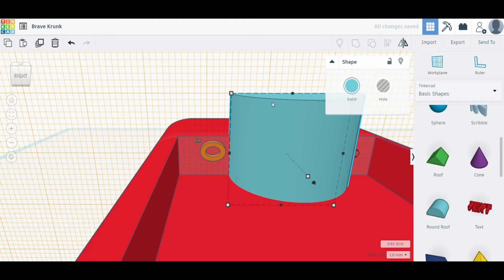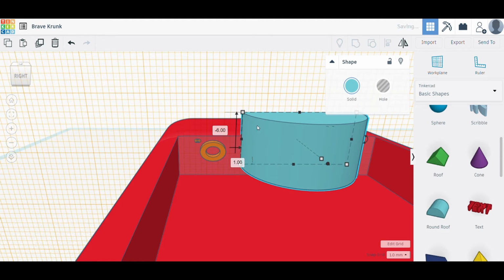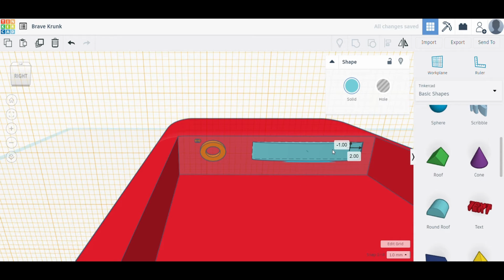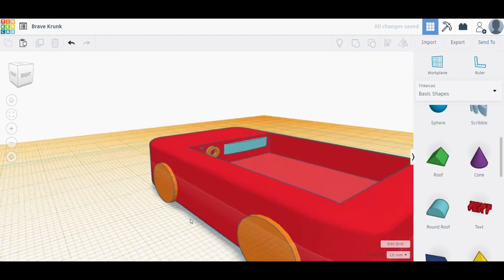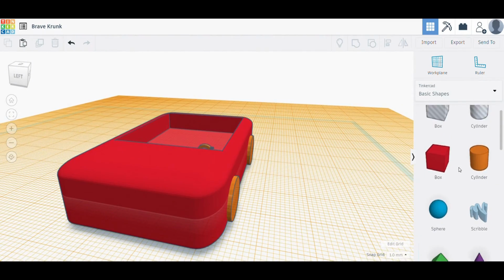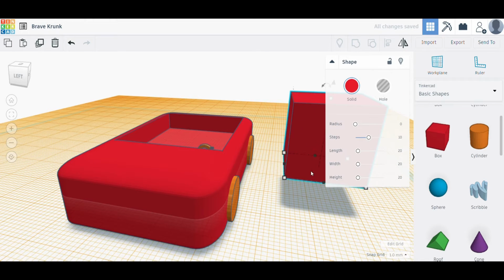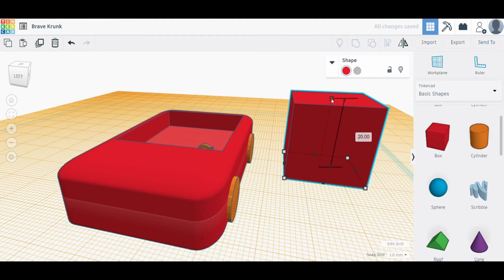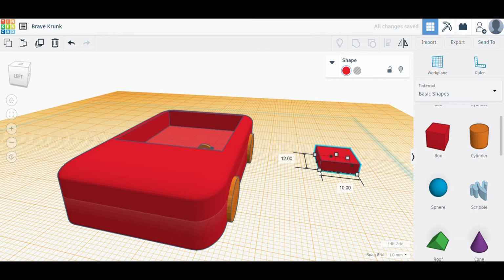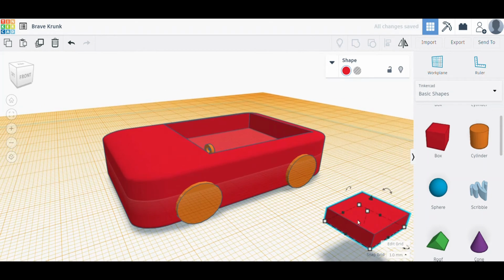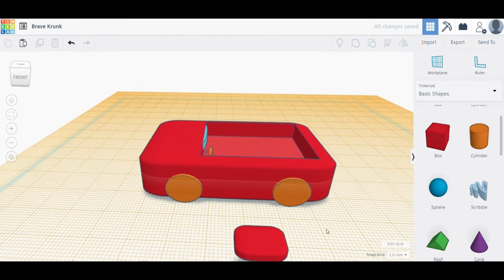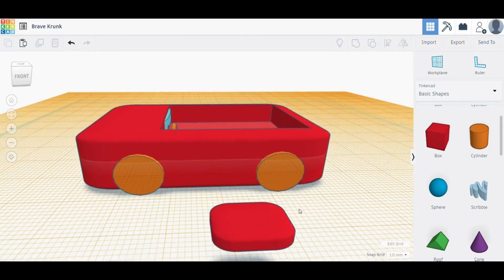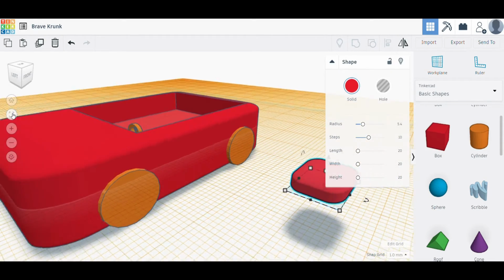Alright, so now let's make some part of the dashboard. So here we will be using one roof block and reduce its size so that it will look quite good here. Now the next part we will be making seats for our car. For that again we will be dragging one block. After resizing, we will be making some curves along its edges so that it will look like a cushion. Now you can just duplicate it and make it a backrest also from the same block.